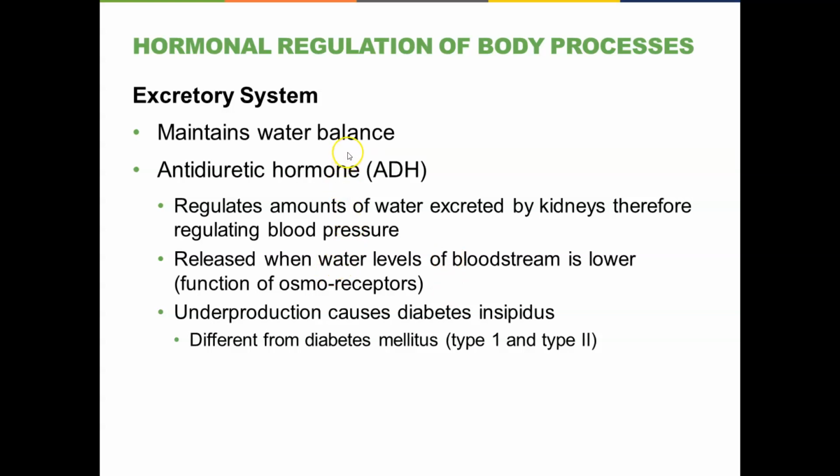Now we'll just run through a few of the processes that are regulated by the endocrine system, partially or completely. It just depends on the details. So for instance, an example in the excretory system, which is your kidneys, the rest is plumbing, your tubes leading to the bladder, the tube leading from the bladder to the outside of the body. But the key organ is the kidney, of course.